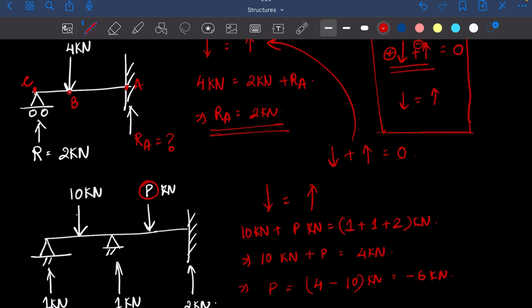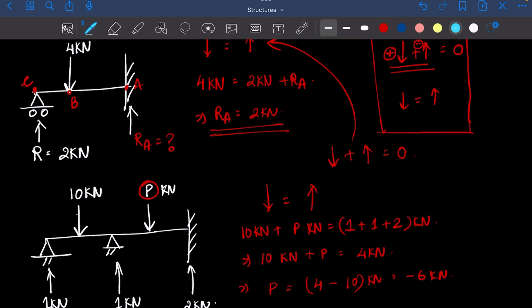Okay, so how many of you got minus 6 kilonewtons? Do you think it's correct or it's wrong? Or do you have a justification? Because if you do, you have understood the concept very well, and kudos to that. So minus 6 is not the wrong answer, it's the correct answer. How is this going to change the question? See,